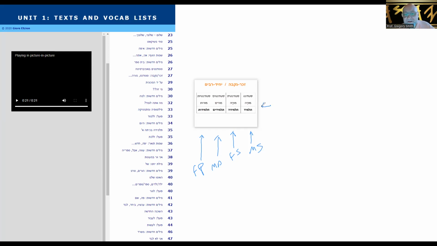So for teacher, it's the same thing. More for a man teacher, mora for a woman teacher, morim right here, which could really and honestly be a group of teachers. Maybe there's some women in there too, but it defaults to masculine plural. But if it's all women, no men at all, it's morot. And the same thing for student: masculine singular, studentit, female singular, studentim, all masculine or mixed, and then studentiot for all female students.